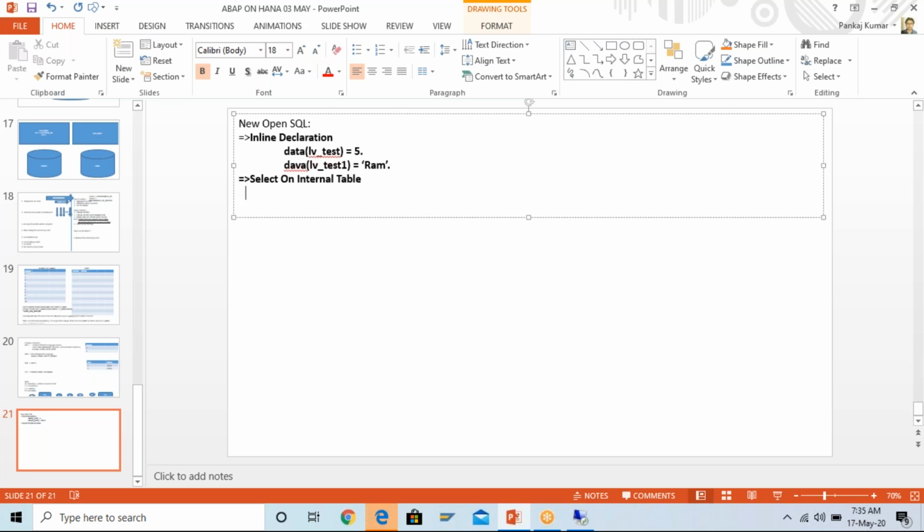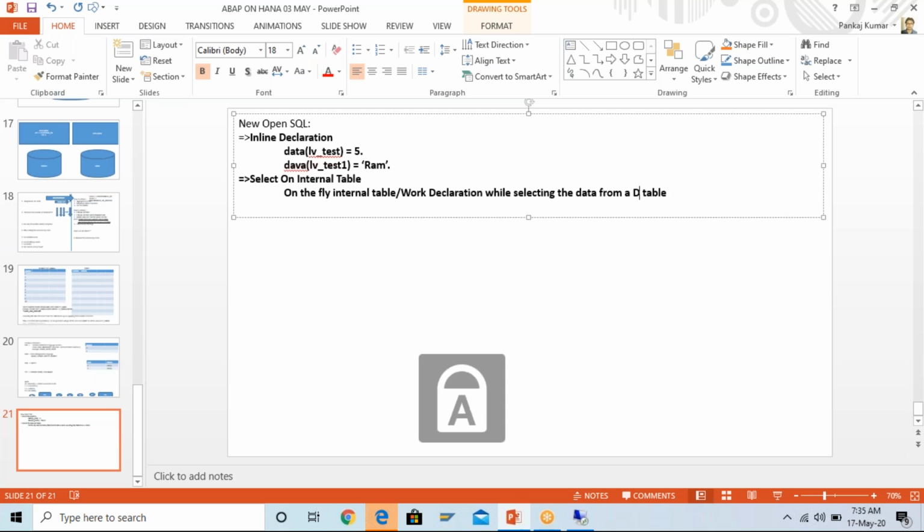Then we saw another inline declaration, on the fly, while selecting the data from a table. On the fly internal table or work area declaration while selecting the data from a DB table or database table, right? So there we have seen some examples, something like